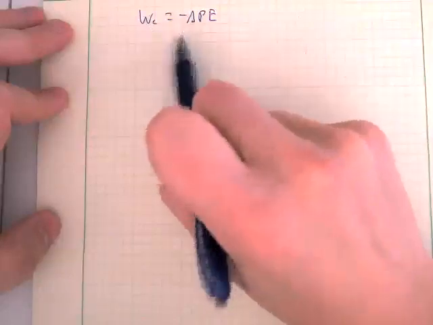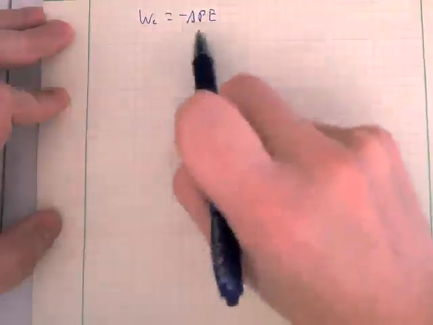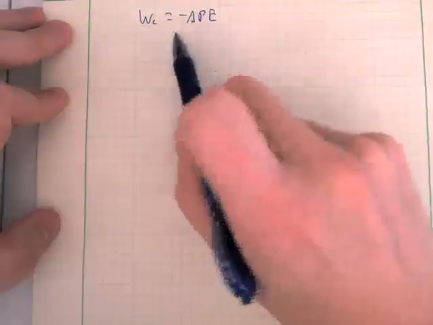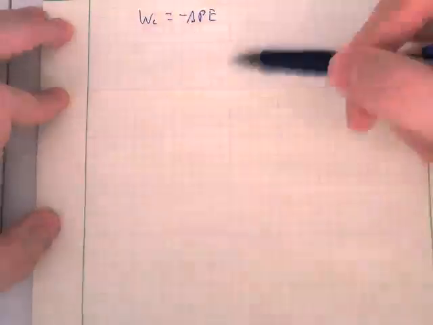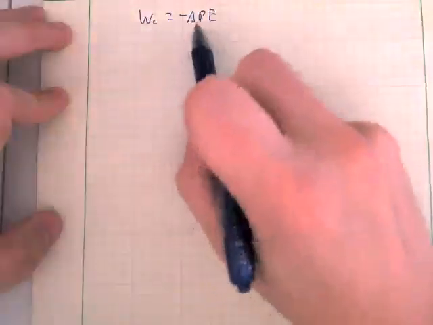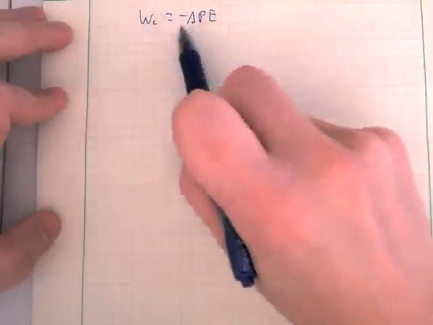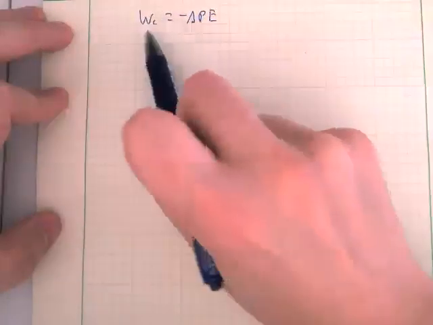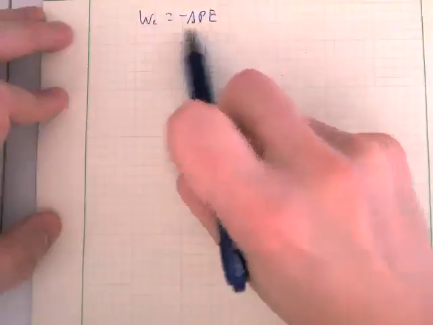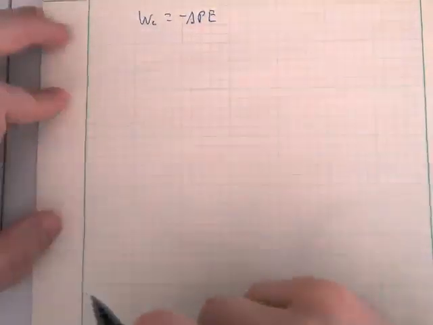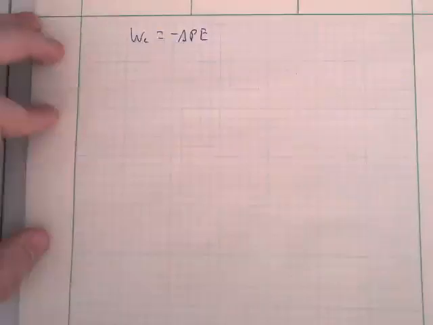That's the only way gravity is able to do work. There has to be some sort of potential energy there for gravity to draw from in the first place, right? So again, you have something raised up a certain height, you let it fall, gravity does positive work on that object, which means that object then loses potential energy. So the work done by conservative forces is always equal to the negative change in potential energy of your system,